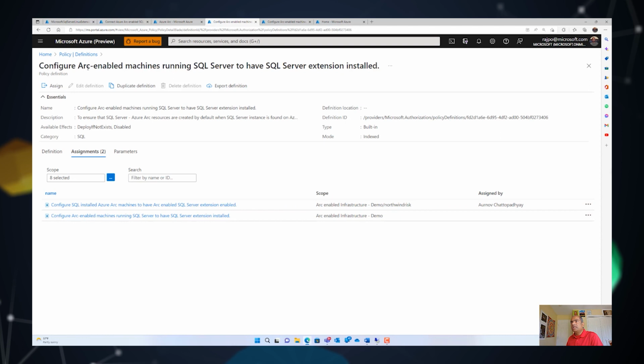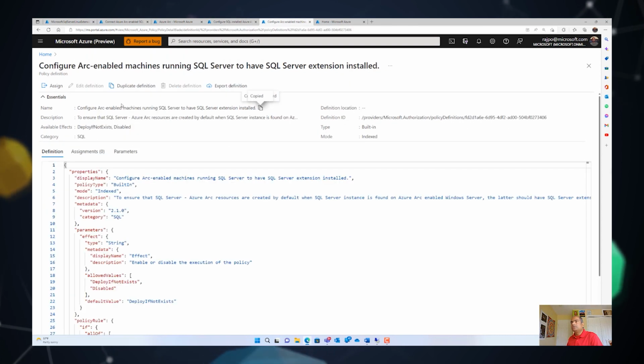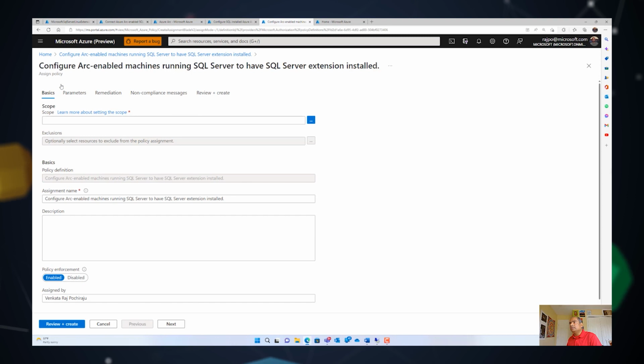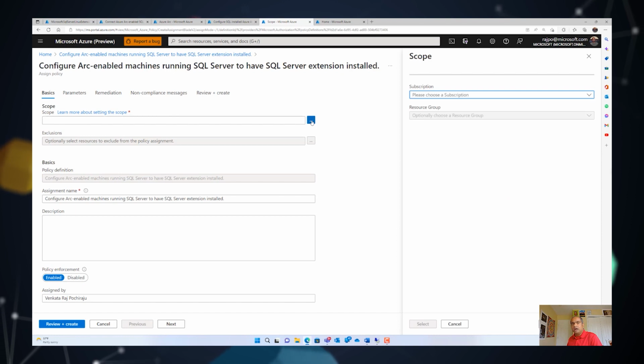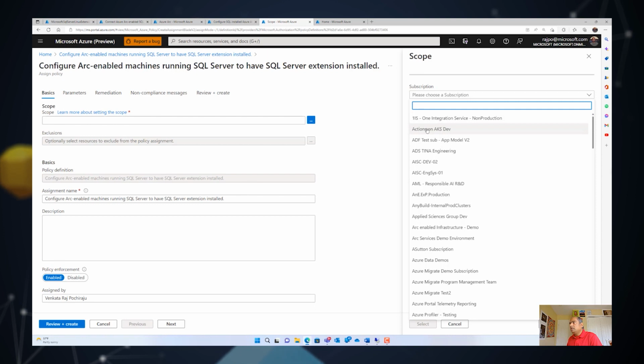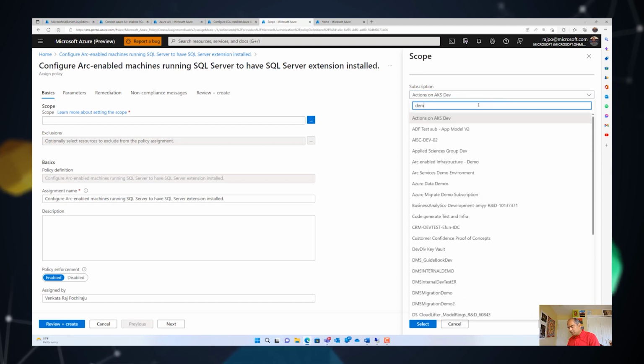So you can search for that policy, and then you can click on that policy. The policy definition is going to look like this. And then all you need to do is just assign. When you click on that assign button, you need to define the scope at which you want to execute or remediate this policy. You can select a subscription where you want to look for all the Arc servers and install the SQL Server extension on top of it. I'm going to select the specific one,